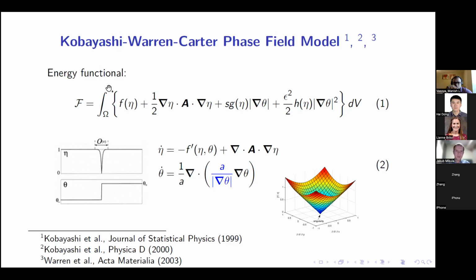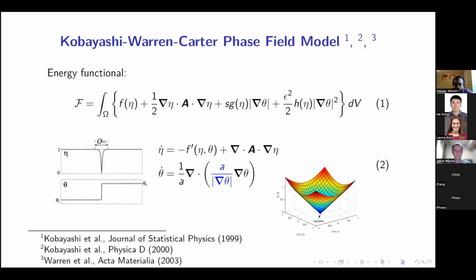So basically, Kobayashi-Warren and Carter proposed this phase-field model. This is the free energy functional that represents the grain boundary energy itself. In the phase-field model, we simply minimize that energy functional within some kind of framework, for instance, Ginzburg-Landau theory. By minimization of that functional, we arrive at a set of equations, such as illustrated here, that we solve in time and space, and this will give us the evolution of these order parameters and